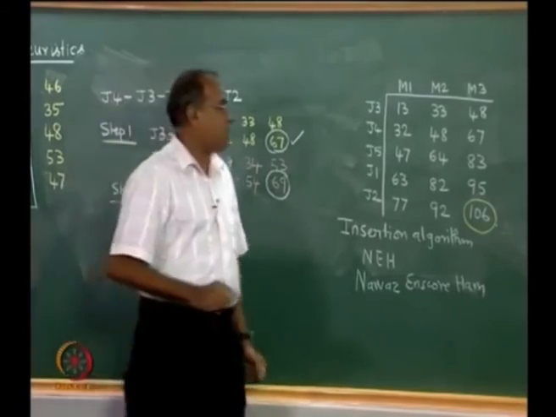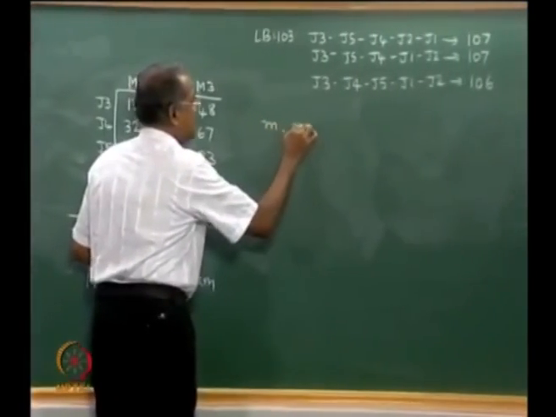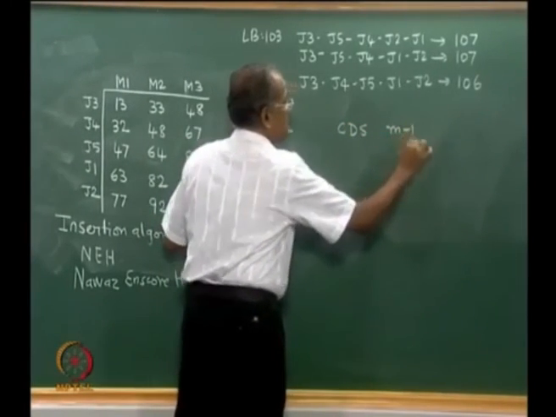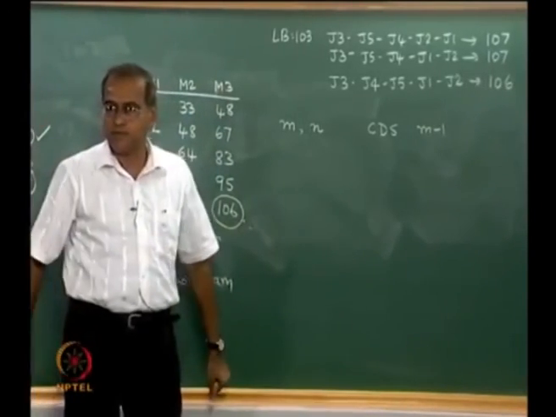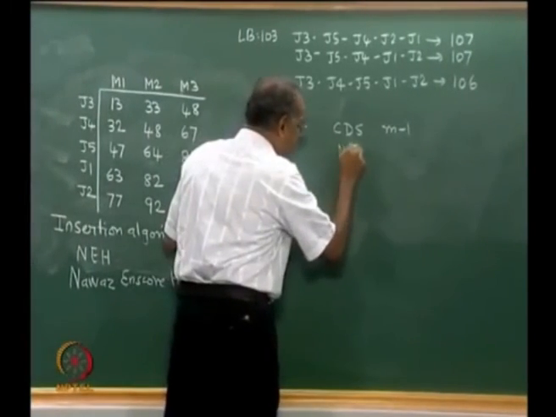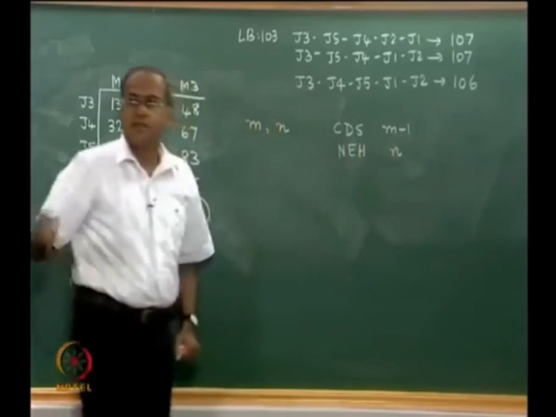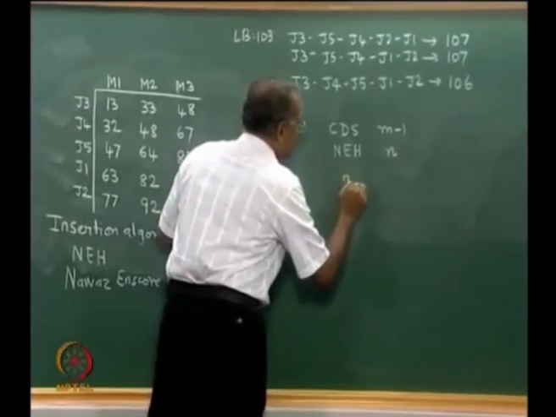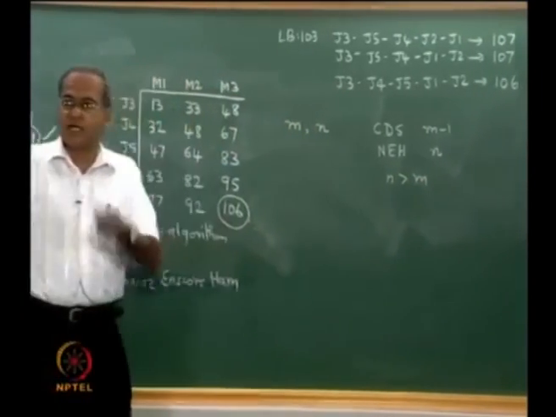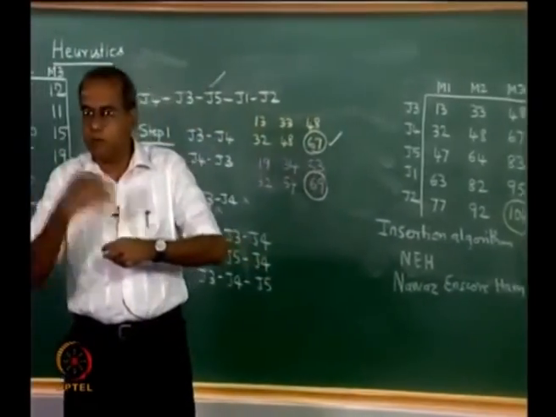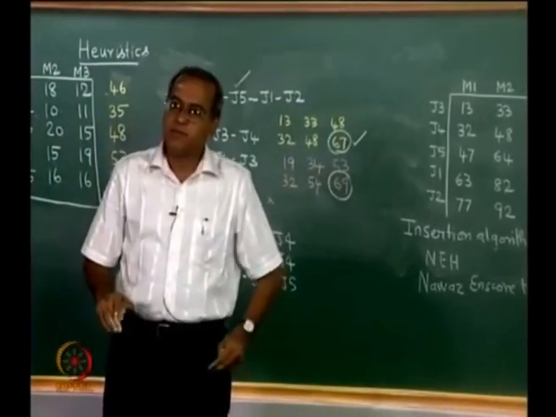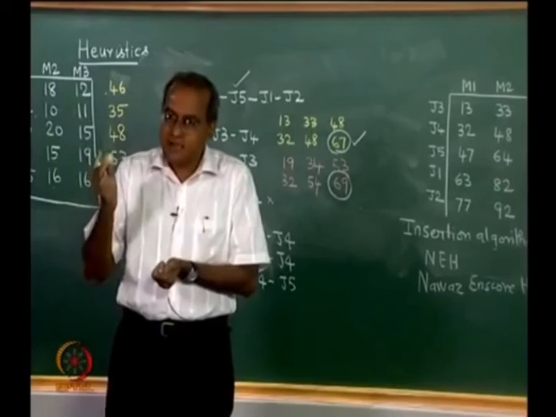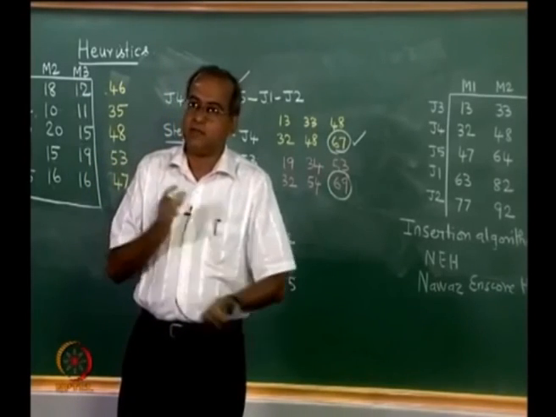Now if you have m machines and n jobs, CDS will evaluate m minus 1 sequences and will choose the best. NEH in the end will evaluate n sequences and choose the best, and usually in all flow shop problems n is greater than m. So NEH algorithm would actually evaluate more sequences than the CDS algorithm, either because of that or otherwise it is able to perform slightly better than the CDS algorithm when we consider